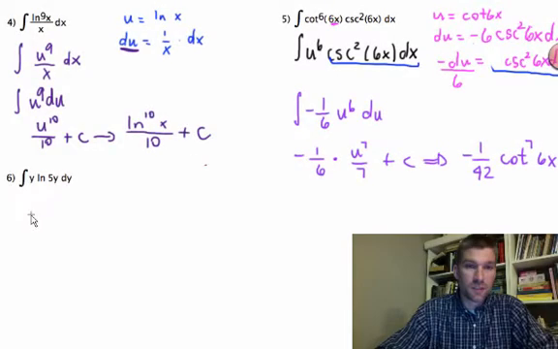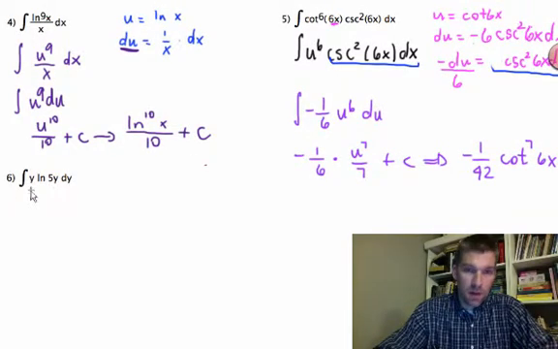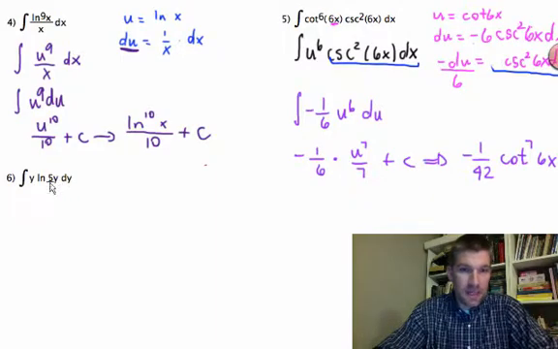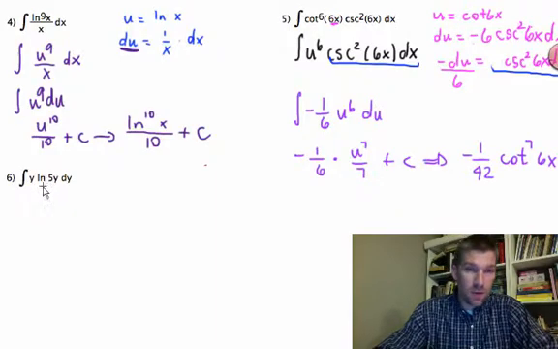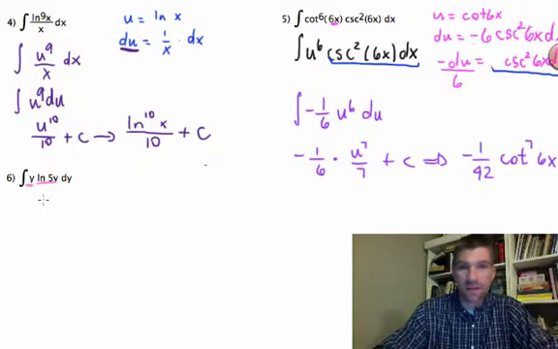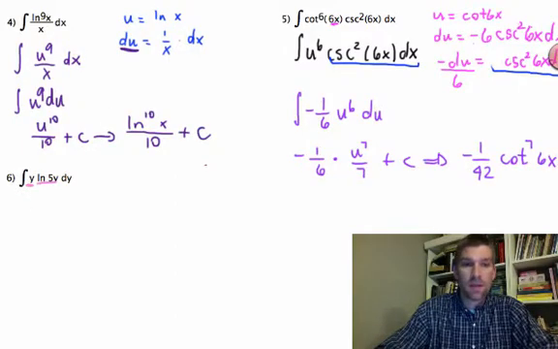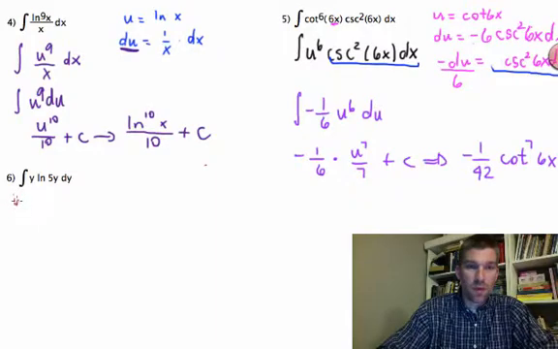All right, so on question 6 here, what we want to do is integrate this guy, and on initial inspection, you'll notice that it's not really going to be possible to solve this one by making a u substitution, because if you take the derivative of the natural log, that's going to be 1 over y, and if you take the derivative of y, that's just going to be 1. So on this one, we're going to have to set up integration by parts, and we're going to let u